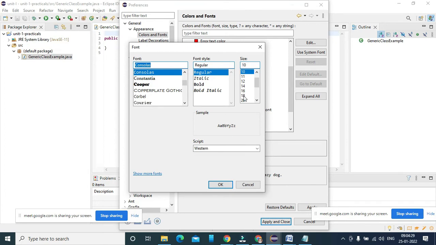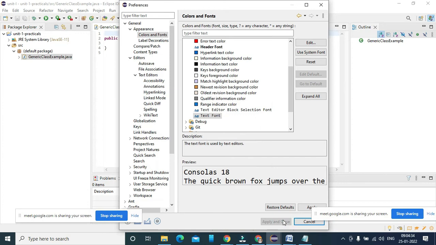So instead of 10 I am using 18 here, so we are able to see the font.